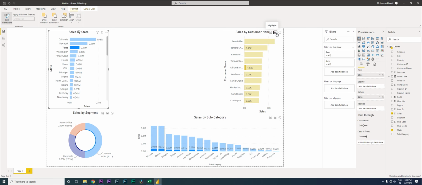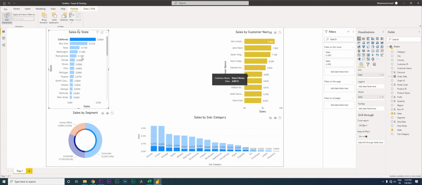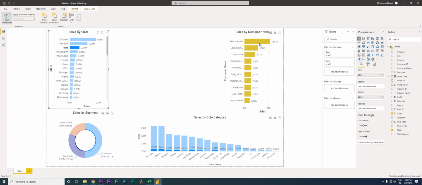which is selected by default, and the one next to it is filter, right. So when I click on, let's say, California, it will filter the top 10 customers for California. Let's look at Texas for now. These are my top 10 customers for Texas, right. Let's do that quickly and change it with all the charts that you see here.